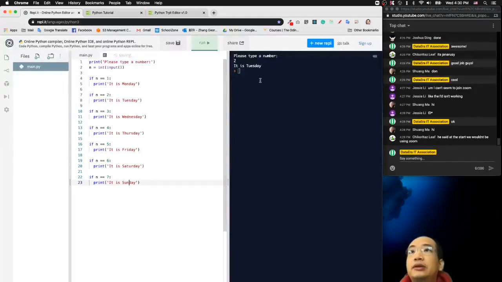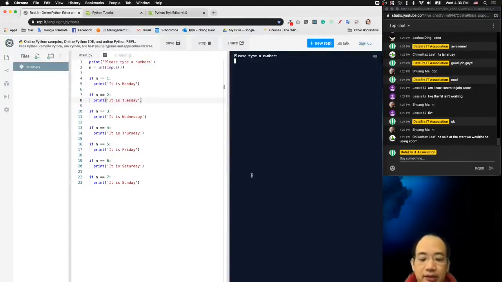So yeah, I'm gonna test my program and I will run it. And if I type, for example, 3 and hit enter, it is Wednesday. And again, if I run it and I type 5, it should be Friday. Okay? If I type 6, Saturday, that's good. If I type 7, should be Sunday. And if I type 8,